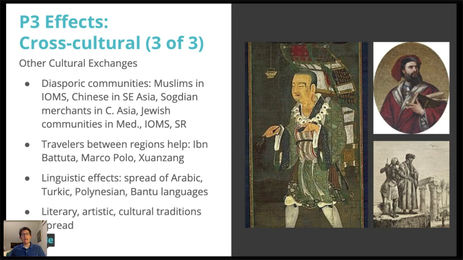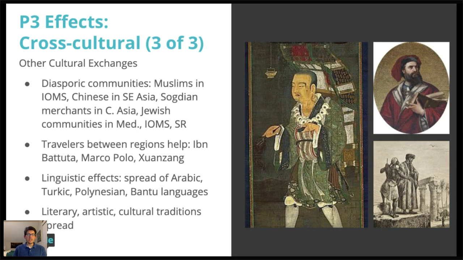We know they established communities in those regions. So culture will, as these communities spread along trade routes and move to centers of trade to form those connections, they will bring their culture with them. In some ways, this is helped by travelers between regions that build interest in trade, whether it be Ibn Battuta, who you see in the bottom right of these pictures, Marco Polo in the top right, or Xuanzang from China, who brought back with them boxes of Buddhist texts.